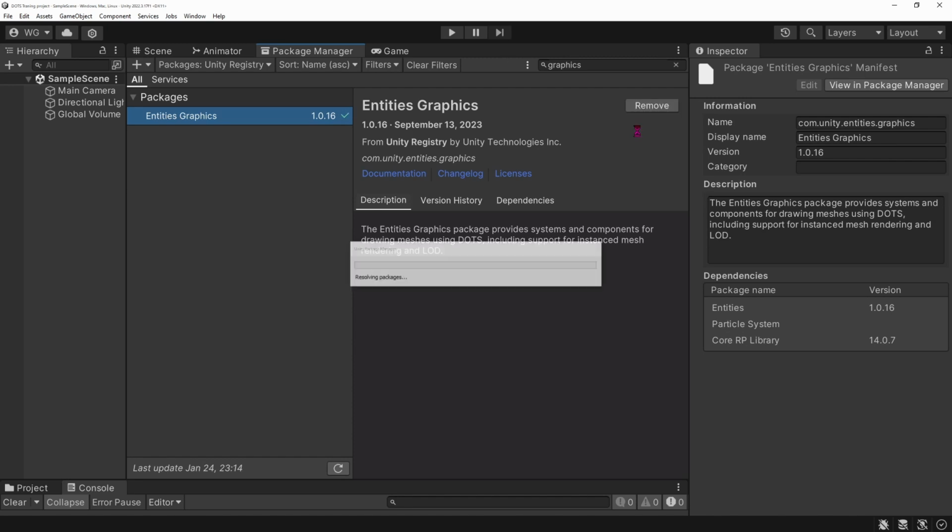A common misconception is that DOTS is ECS. In fact, no, DOTS is the Data-Oriented Technology Stack, which includes the ECS package, Entity Component System, but it also includes the Burst compiler, the Job System, and the Collections package to have some native containers usable in the jobs.